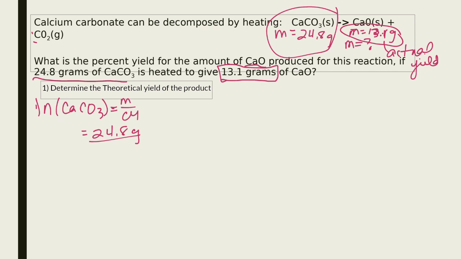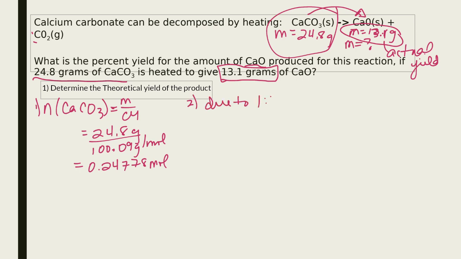And we divide by the molar mass of calcium carbonate, which works out to be 100.09 grams per mole. We figure out our number of moles, and we're going to get 0.24, and then a bunch of 7s. So I'm going to round here to 5 decimal places. Now, we're moving from calcium carbonate over to calcium oxide, and the nice thing is that everything is balanced. So when your reaction is balanced and your mole ratio is 1:1, in step 2, we can just say, due to a 1:1 ratio,